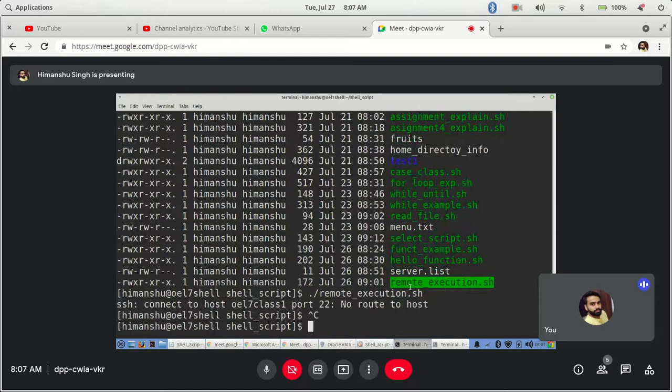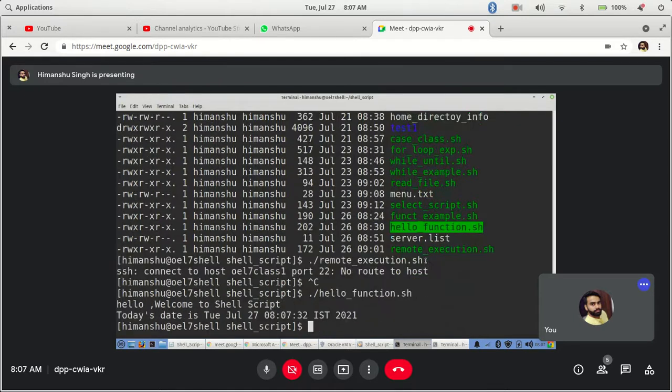Dot forward slash and doing it. Or let's say a hello function, if I type it, it prints hello. But why am I using dot forward slash here? Have you thought about why it is used? Can't we run without it? Any idea?